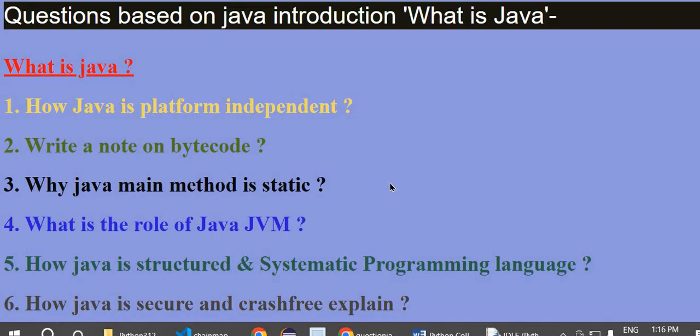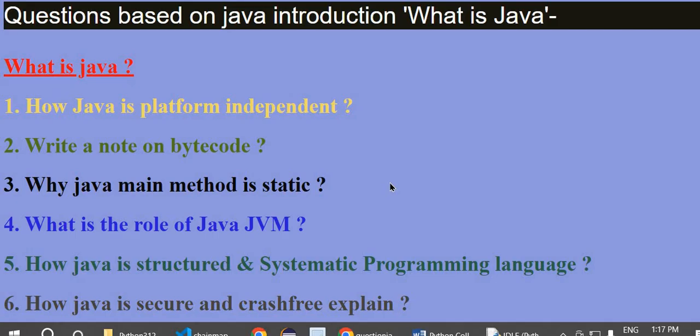While we need the main method, as I said, it is used by JVM to call, so you have to make it static, meaning it will remain there. And one more thing, when something is static, it has relevance with the class only, not with the object. Whether you create any object or not, it will not wait for an object to be created before being called.